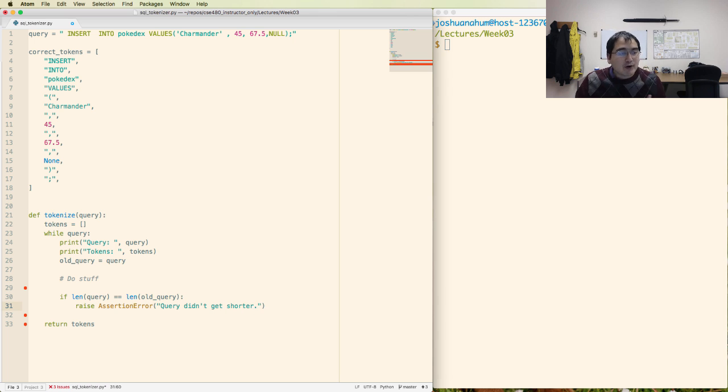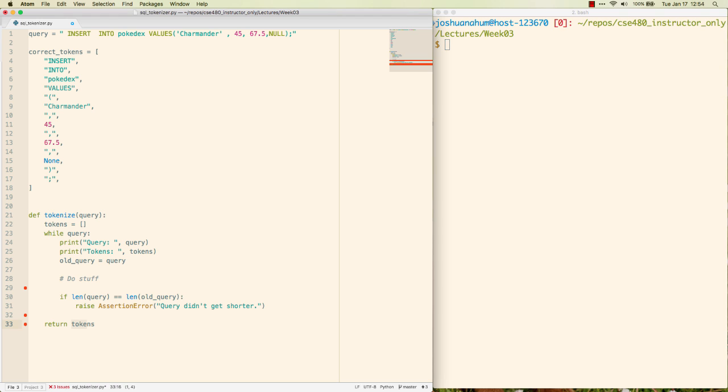So my promise is, in my do stuff section, I'm always going to be making the query smaller. I'm going to be removing white space, I'm going to be popping off junk. I'm always going to be promising to make my query smaller, and if I don't, I should get an error. And then when this loop is finally done, query is now empty and all of my data is now in